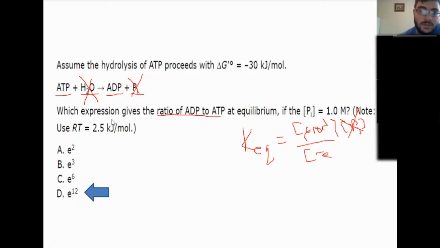What happened to the reactant? It just disappeared also? I know the product was 1, it disappeared. So what happened? Water you never include in this equation, whether it's on the product side, reactant side, anywhere. It's very complicated as to why, and you need actual thermodynamics for it. But we're not concerned about water. We're concerned about the ATP.